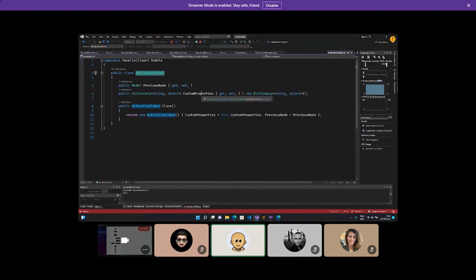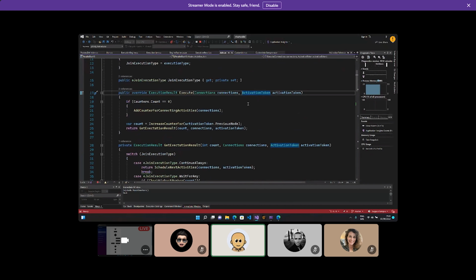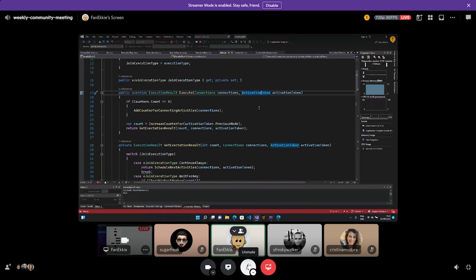It can have additional custom properties where you can make a custom join act upon, oh, I'm only going to count when a custom property is set or an ID is set. And yeah, the clone, not to mix up the stuff. This is basically the carrier of information from one activity to another, and I like to think of it as a flow context, in which context this flow is running. And when it happens, increase counter for the previous node. So if I execute it, you will see it in the demo.